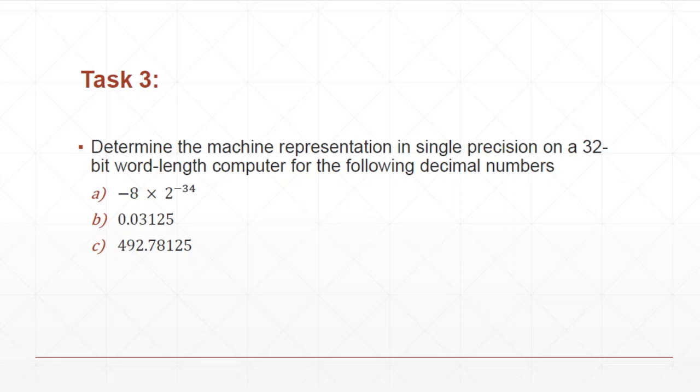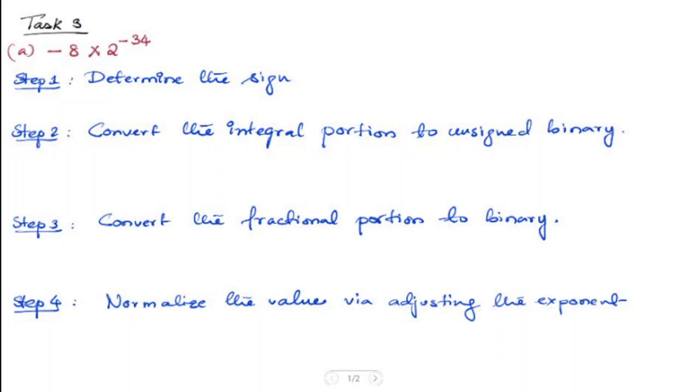So let's start working on task 3 now. We have here to determine the machine representation in single precision on a 32-bit word length computer for the following decimal numbers. So the first one is -8 times 2 to the power -34, and then you have 0.03125, 492.78125. So we start with the first one now,